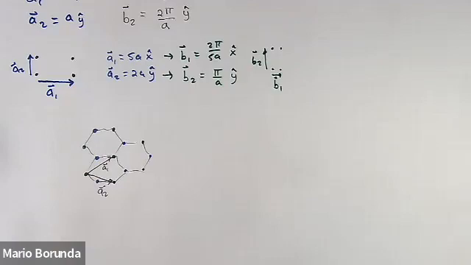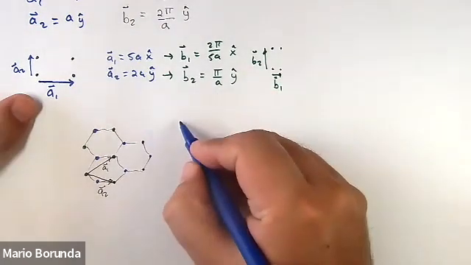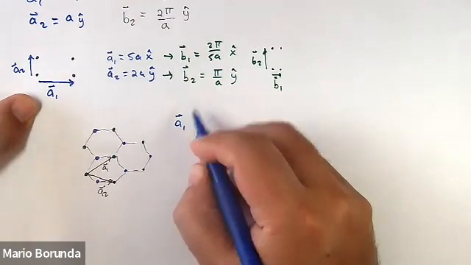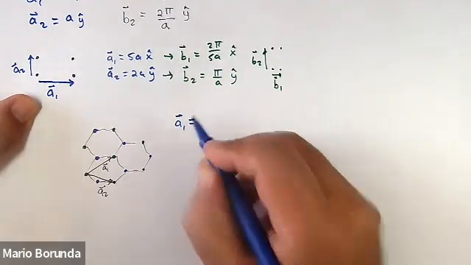So if I go A1 twice, I get to this point. If I go A1 and then A2, I get to this point. So the combinations of A1 and A2 let me get to any of the green dots. So that's my lattice. So if we pick those as my lattice vectors, I get A1 to be